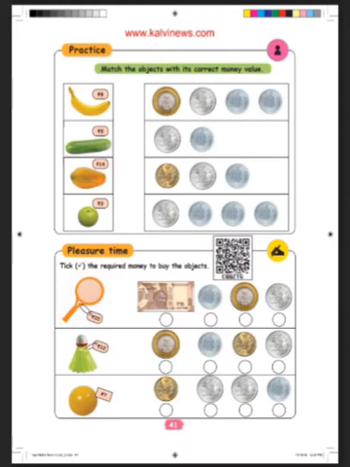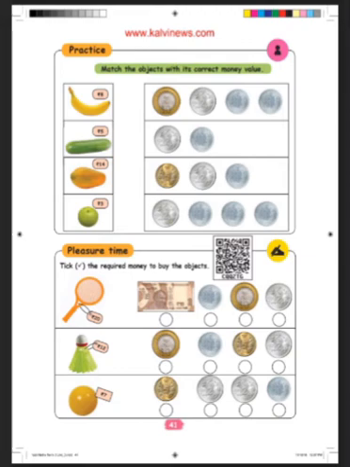Next, for cucumber, 5 rupees. In the last one, they have given a 2 rupee coin, 1 rupee, 1 rupee, 1 rupee. 2, 3, 4, 5. From cucumber down, you have to draw the line. Then 14 rupees for papaya. From 14 to the first one, there is a 10 rupee coin, no? 10, 12, 13, 14. You have to draw a line. Then for gooseberry, 3 rupees. 2, 3. From gooseberry to there, you have to draw the line.